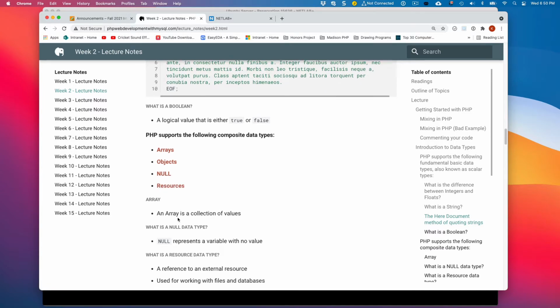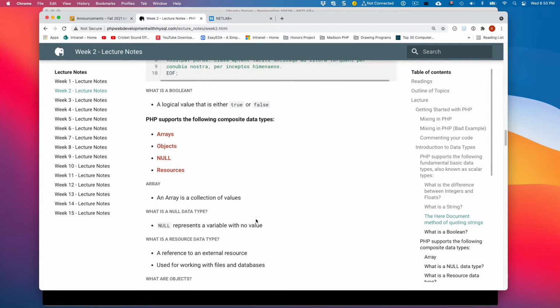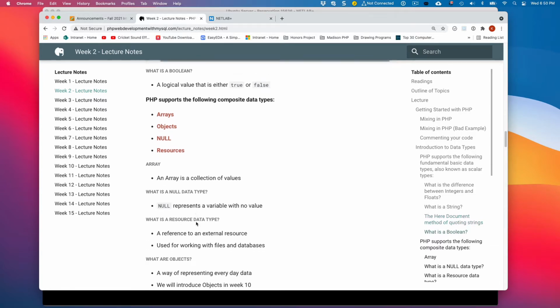So an array is a collection of values. We'll talk about the two different types of arrays. You can have a numeric array and then something known as an associative array. So instead of an arbitrary number as the key associated with a value at an element location, the key can actually be a string that has meaning, associated to a value contained in that array. Null represents a variable with no value.